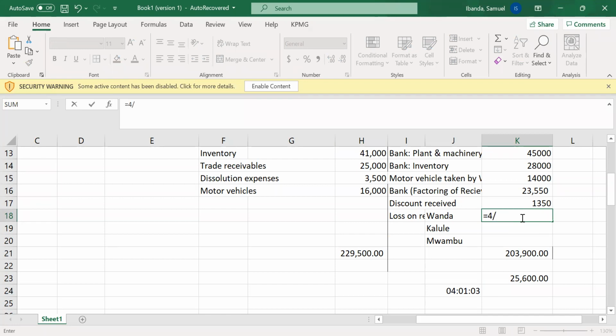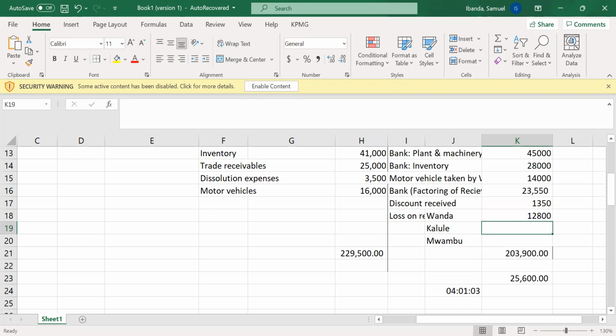4 divided by 8 times 25,600. I hope you get what I'm doing. So 4 out of 8, which is the ratio for Wanda, will give me